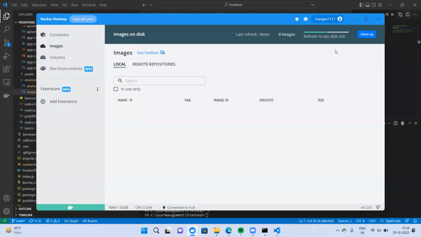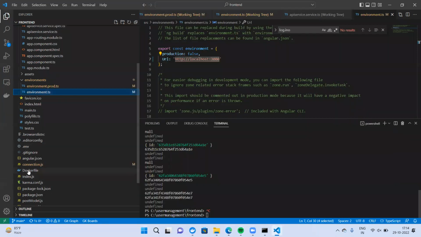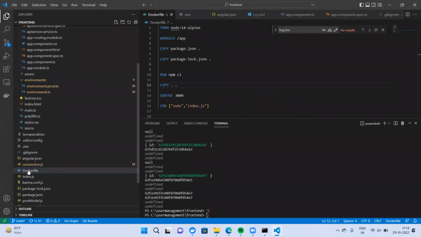Okay, so now I'm creating a Docker file. So what is this Docker file having? Okay, so these are the things that are needed. First thing is FROM: I'm taking Node 14. So the Node version I'm taking, and then I'm setting the work directory as app, and then I'm copying